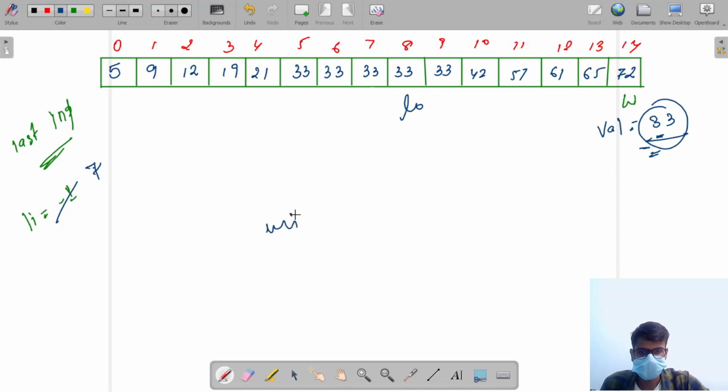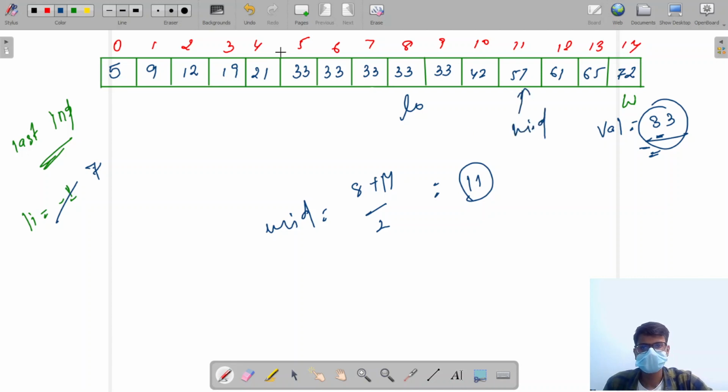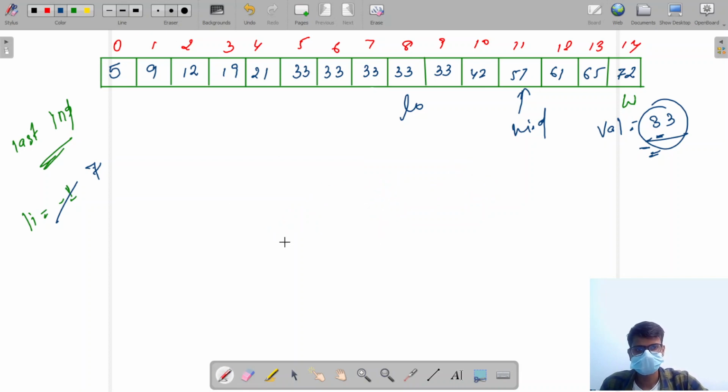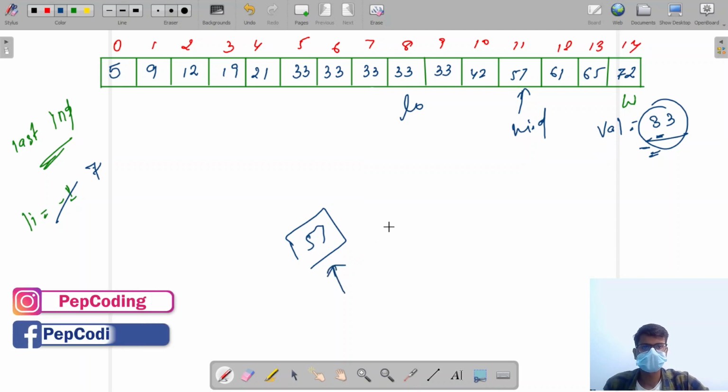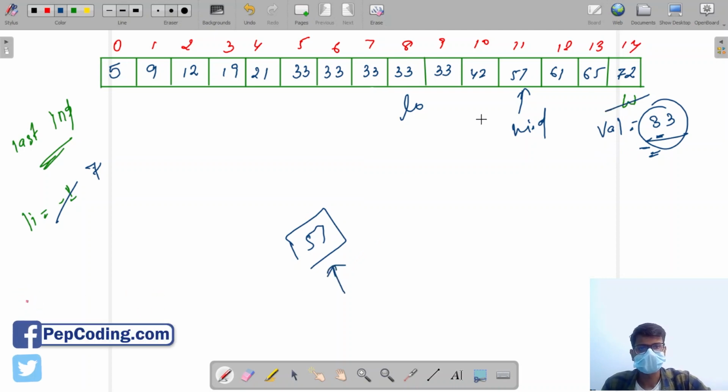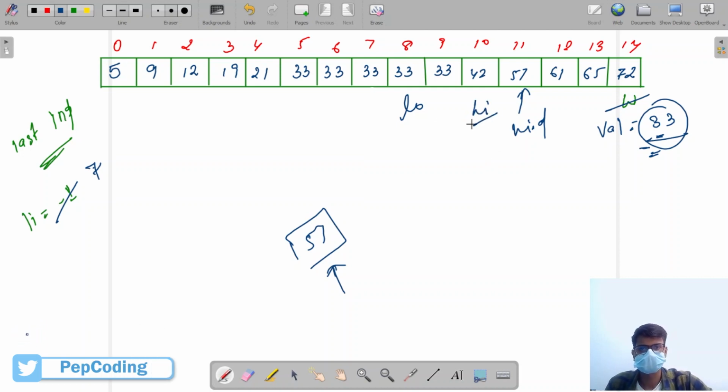Okay, now in the next iteration again I'm going to find mid, which is 8 plus 14 by 2, that is 22 by 2, that is 11. Good, come here, here is mid, check what's in the mid. It is 57. Now tell me what I should do. It is 57, it is greater than 33, right? So whenever I get the greater value, I update hi as mid minus 1